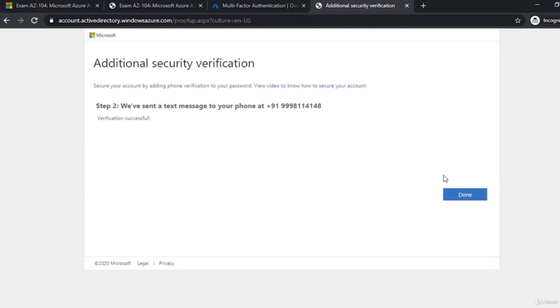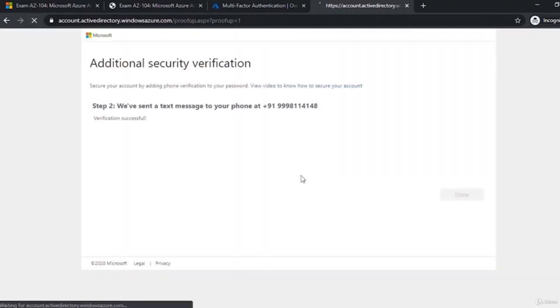After that, if you do not have multi-factor authentication enabled, then you're not able to unlock your account. So there are chances that you can lock yourself out with these conditions and the rules which we are going to